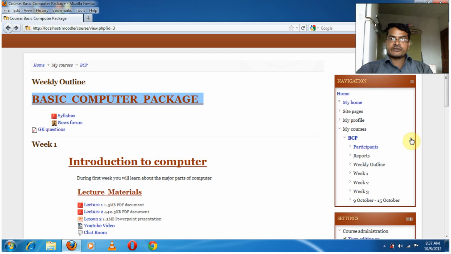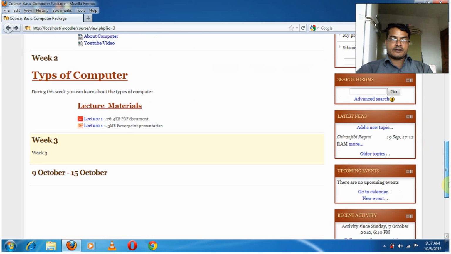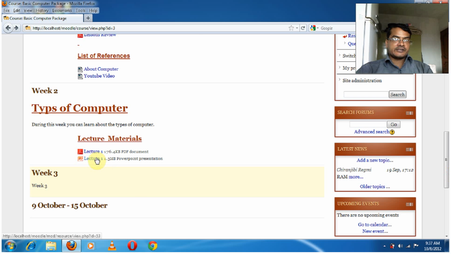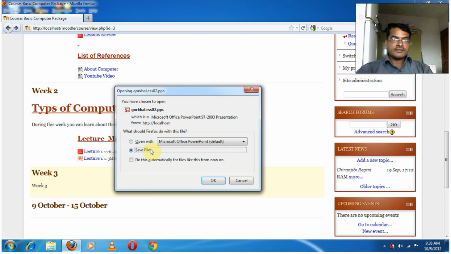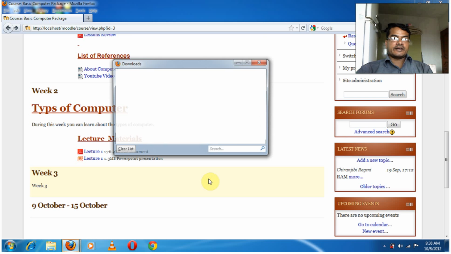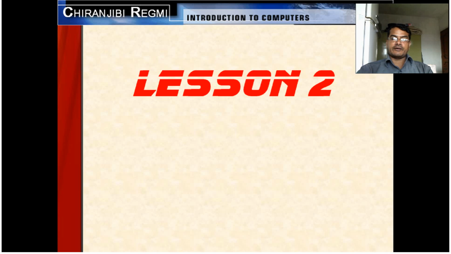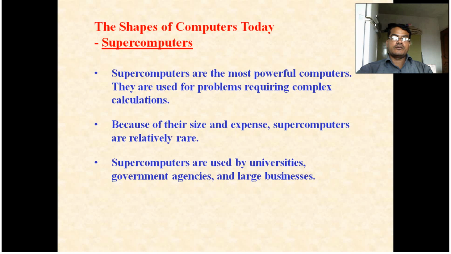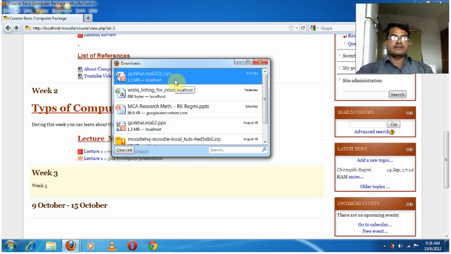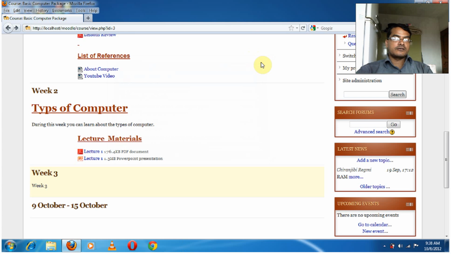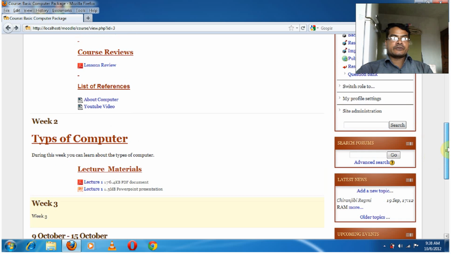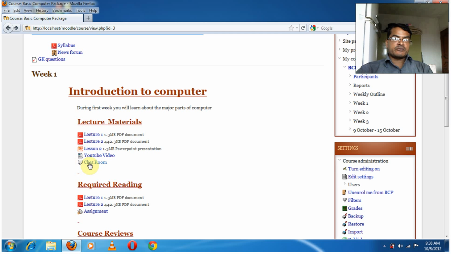Then again, another type, the PowerPoint slides we have made, taken from another, week 2 PowerPoint slides also, that the students can download from the internet and can read, save files. Okay, that downloads from the local machine, local computer, because this computer works as a server computer. Yeah, these files, this lesson 2, and all materials that the students can open. Then YouTube videos also you can put in here, chat room also,